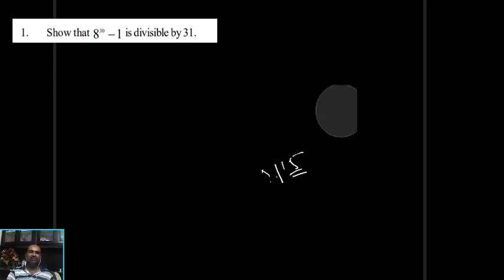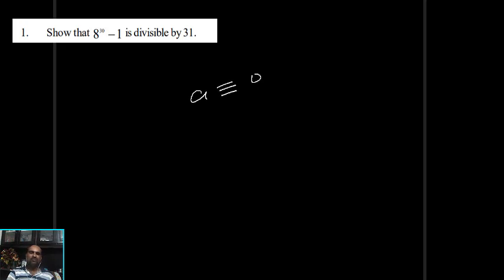That's why, if we want to prove that A is divisible by M, or M divides A, what can I write? A is divisible by M, A is congruent to 0 modulo M. Both are the same. To prove that A is divisible by M means when A is divided by M, the remainder is 0. Then only can we say that A is divisible by M. Understood? A divisible by M means when A is divided by M, the remainder should be 0. Okay. A congruent to 1 modulo M.